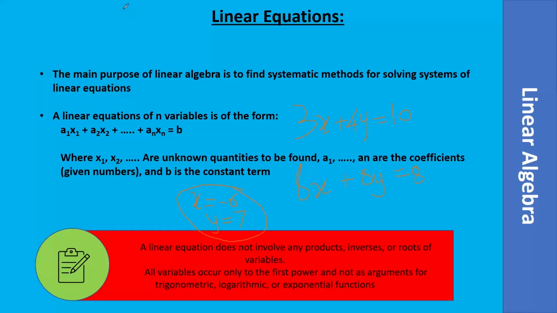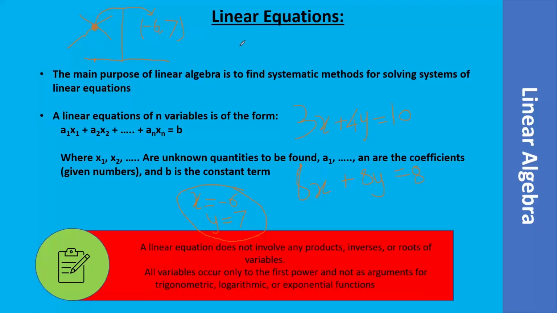So the thing is, when you plot it on the x-axis, for example, this is a line that passes through x is minus 6, right? So consider that x is minus 6 and y is 7. So consider the point is here. So the line will be meeting over here. If the line is like this and the second line is like this, that is the point of intersection of the lines. So this point is minus 6 comma 7. Okay. So this is a one solution kind of a thing.